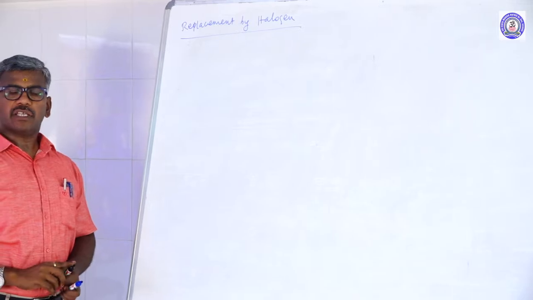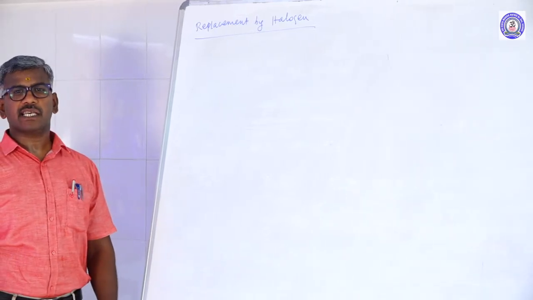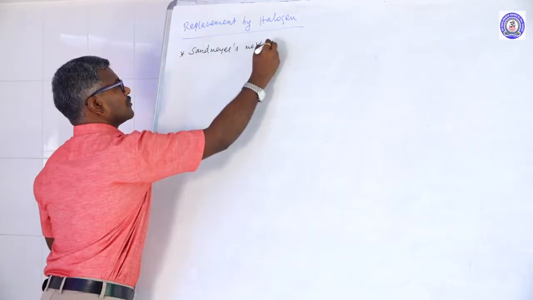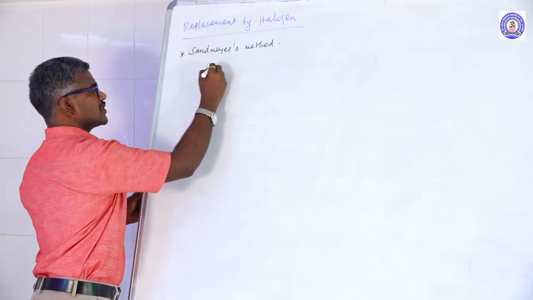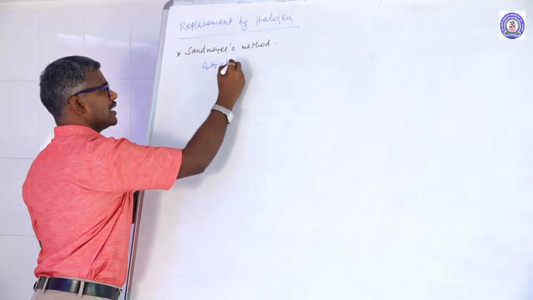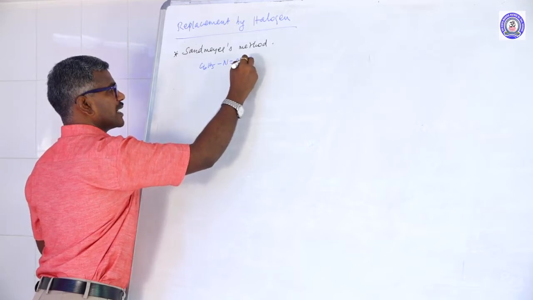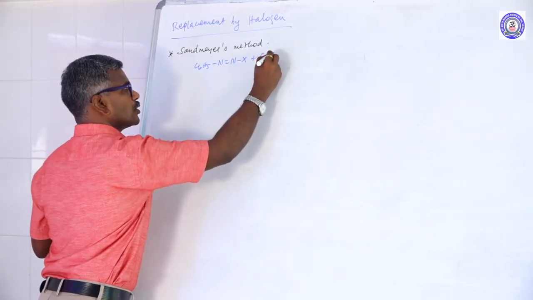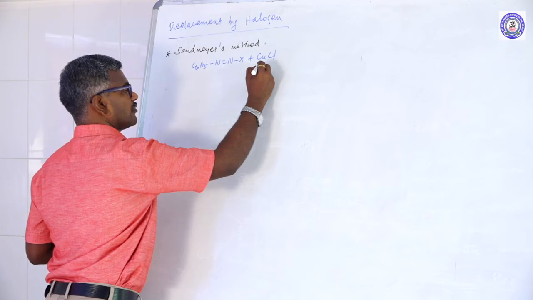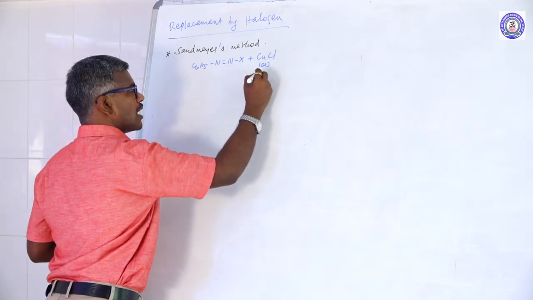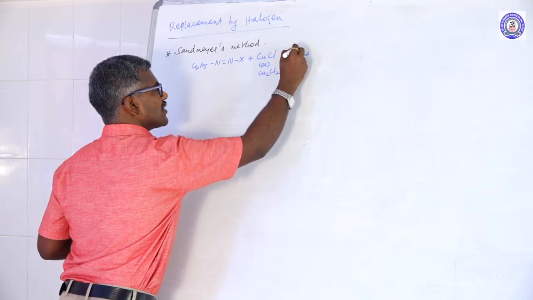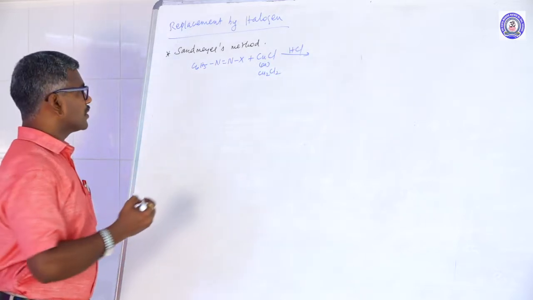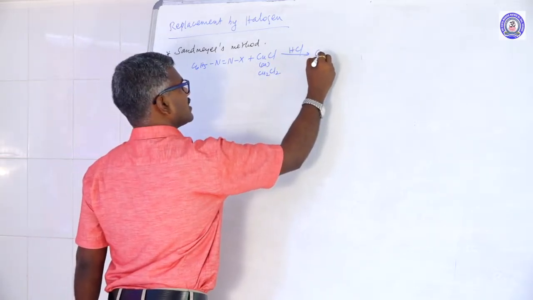Replacement by the halogen, there are different methods. The first method is the Sandmeyer method. What is the Sandmeyer method? C6H5N=NX reacts with cuprous chloride, formula CuCl or Cu2Cl2, in the presence of HCl to form